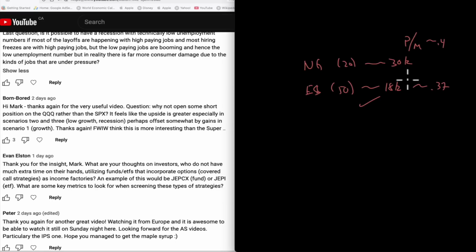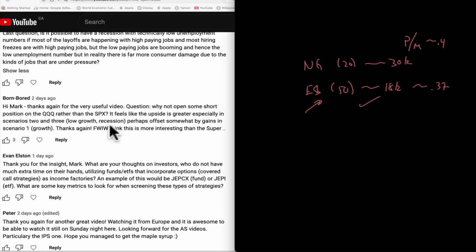So ES, because of its liquidity, is still the most efficient way to get that done, period. And if I want to get higher volatility, I could just over short this one. I could just increase my position, so I don't really need to go to higher beta. I can just take more beta out of the more liquid one.